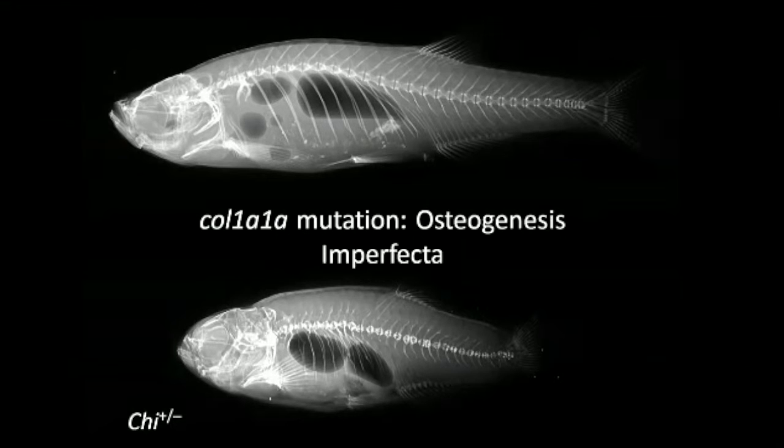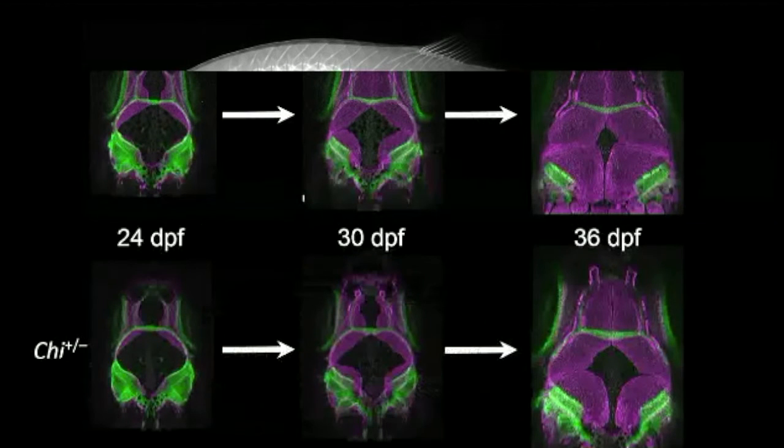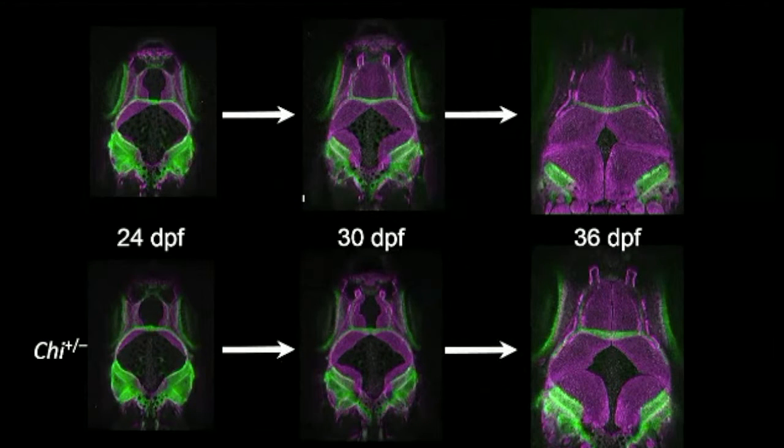And so this is kind of a big black hole for us of when you first start to see the problems cropping up in skull development. And so we've been trying to fill in that hole by doing some more imaging. And this just shows a small sample of some of the data that Michelle generated. And one thing that's come out of this is that